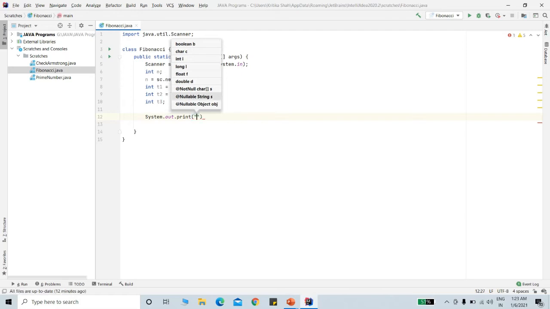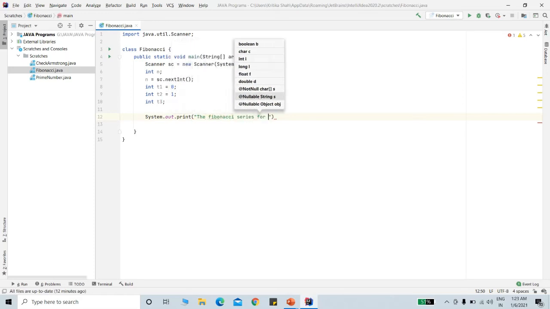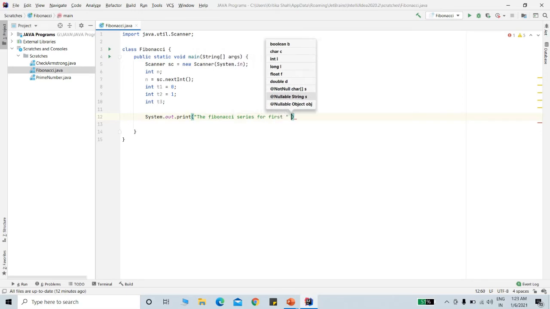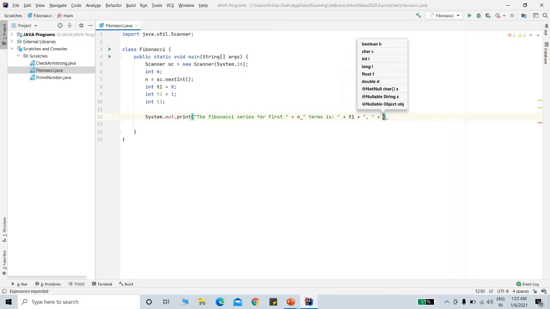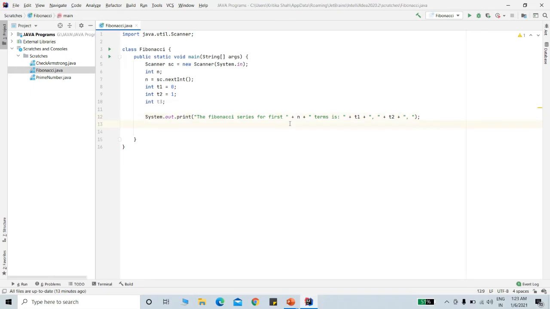So this we have printed the first two terms with some of the extra part for better readability.